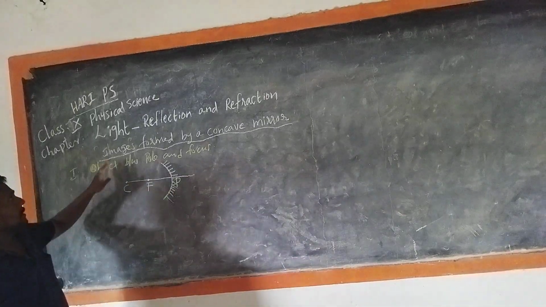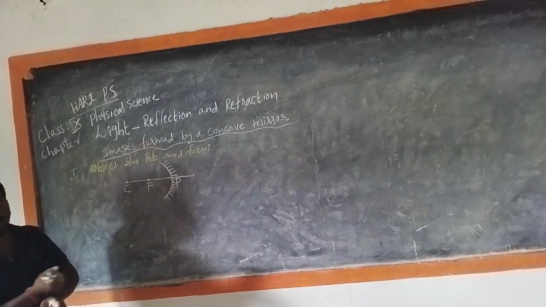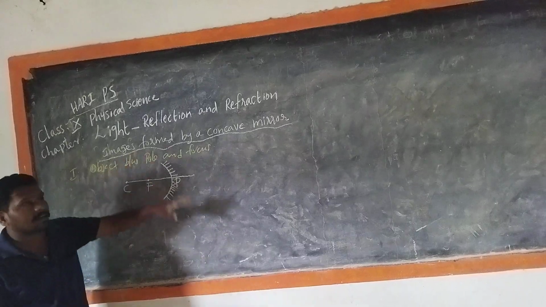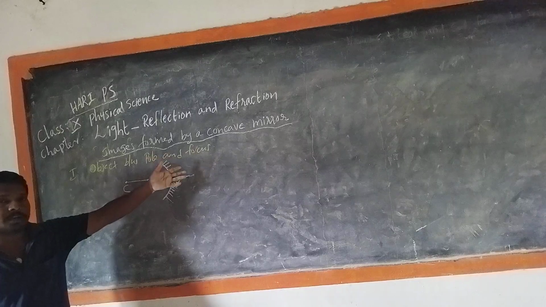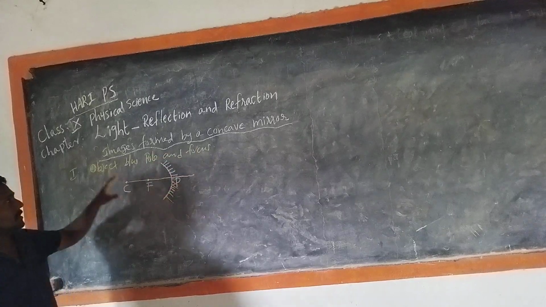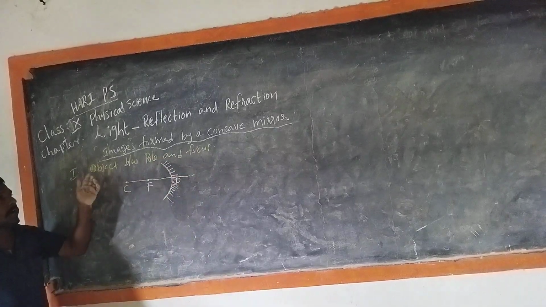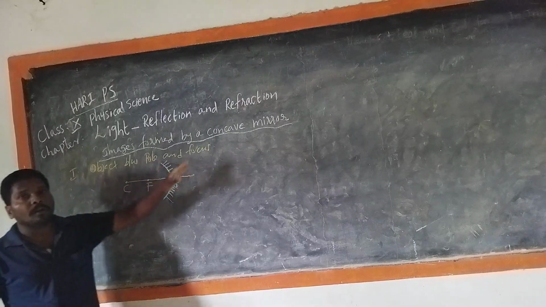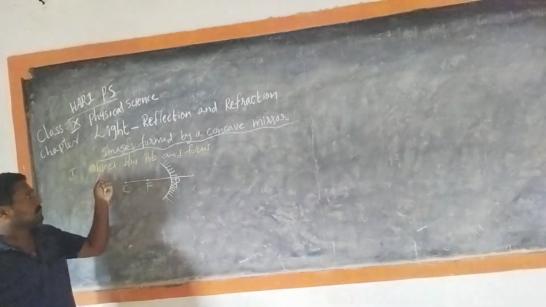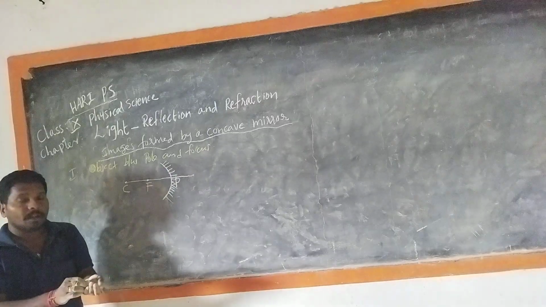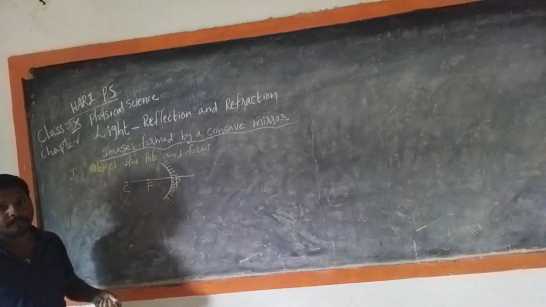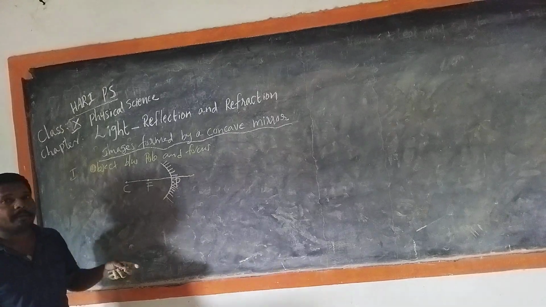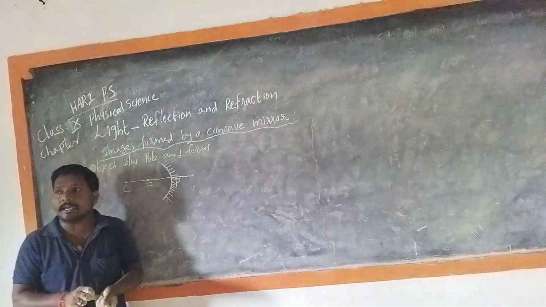Then, image formed by a concave mirror. By following the rules which were discussed previously, let us understand. If the object is placed between the pole and the focus, where is the image of the object formed? To understand the formation of image